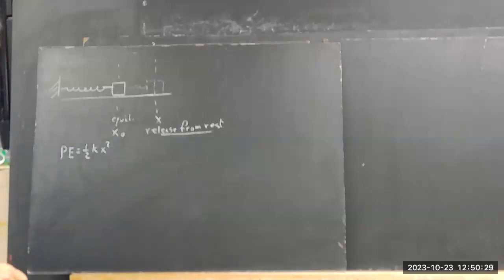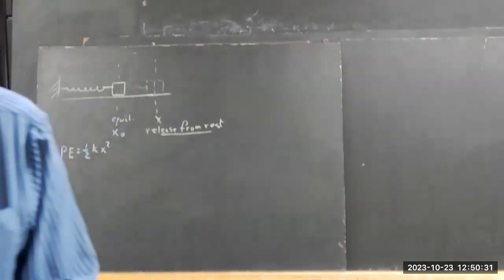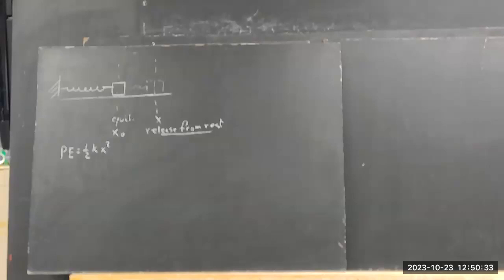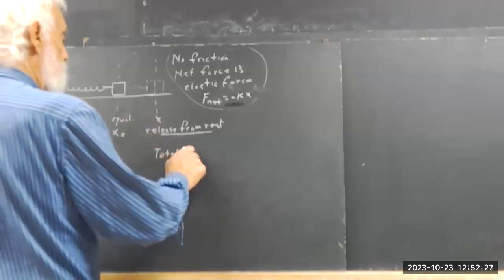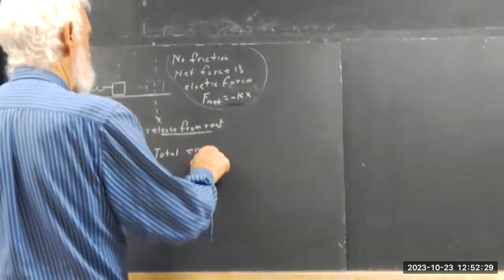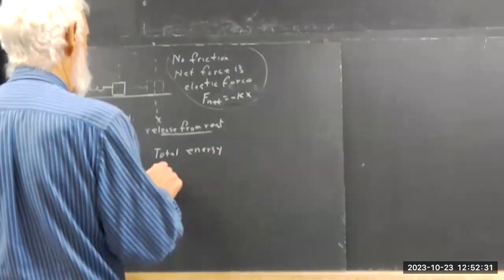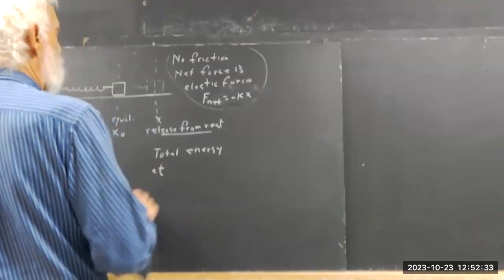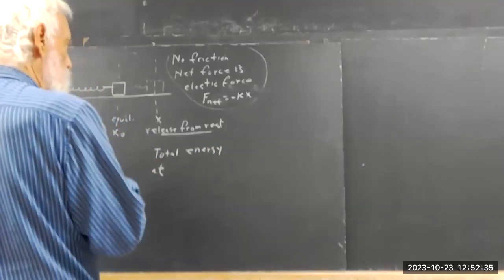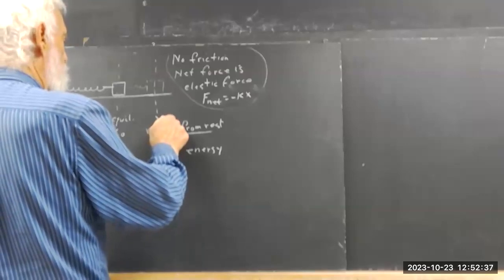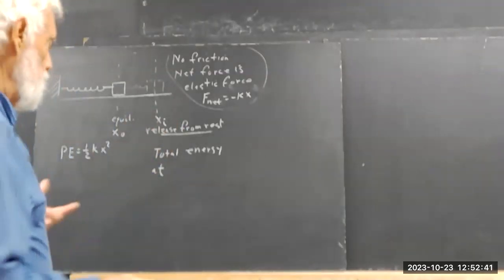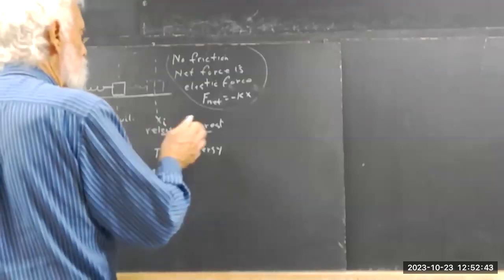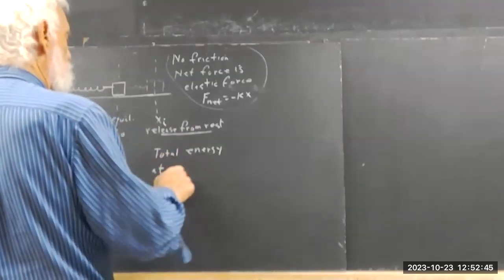So what's the total energy? Total energy at this point. I'm going to call this X sub i, or X initial. I don't want to use X as a variable. Okay, total energy